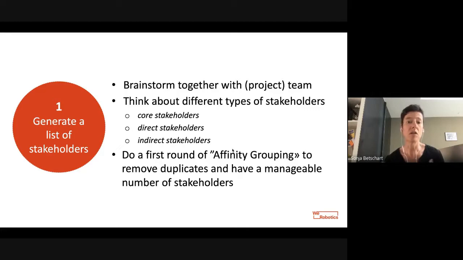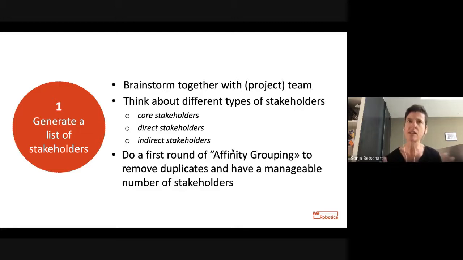Once you're doing this list, you also can think about different types of stakeholders. Do not only think about the core stakeholders or the direct stakeholders, also think about the indirect stakeholders, the ones who are indirectly impacted or influenced by the project outcomes. And by thinking about these different types, your list might actually get longer. Not just say it's my main client and possibly the community or the beneficiary, but also say, okay, are there actually indirect stakeholders in play here? So thinking about these different types will allow you to grow your list bigger.